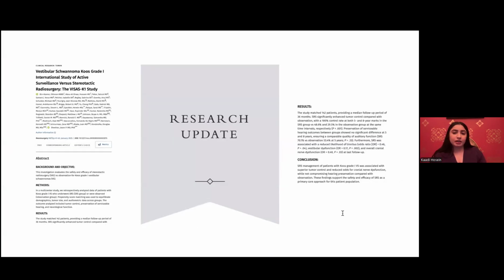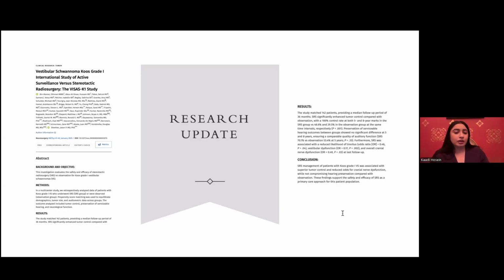Now, this is just a slide relaying a recent paper by Bin Alama et al., published in the CNS Neurosurgery Journal in January 2025, entitled The Vestibular Schwannoma Koos Grade 1 International Study of Active Surveillance versus Stereotactic Radiosurgery, or VISUS K1 study. It was a multi-center study involving Turkey, US, India, and Dominican Republic, retrospectively analyzing 142 patients with Koos Grade 1 vestibular schwannomas, who were divided into two arms, the SRS group and the observational group, with a median follow-up of